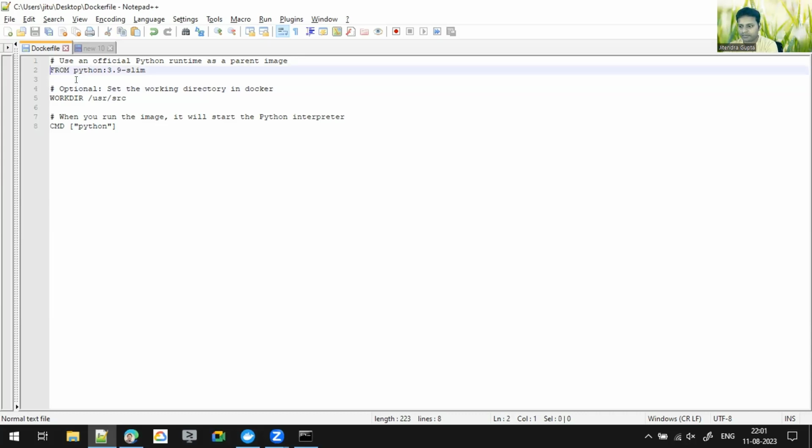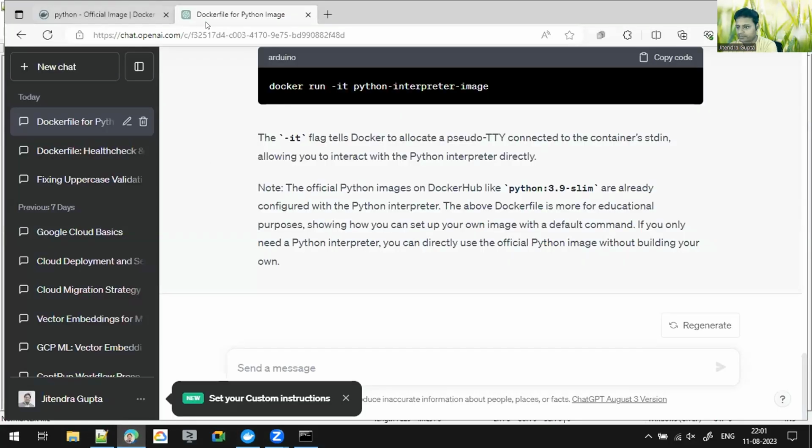So I'm taking a base image of Python, and then I'm going to give it the CMD command so that whenever it starts running, this operating system, this container or microservice, it will only give me an interactive shell as command line where I am going to execute some Python commands, nothing more. So the weight of this service is going to be very less. Now if I try to compare it,